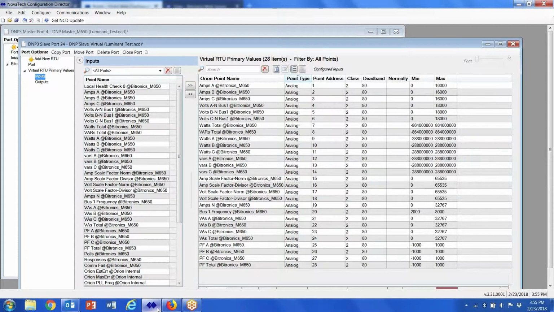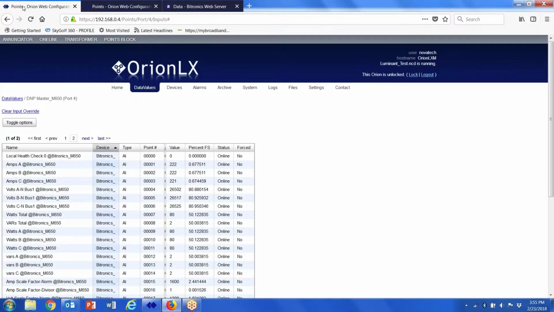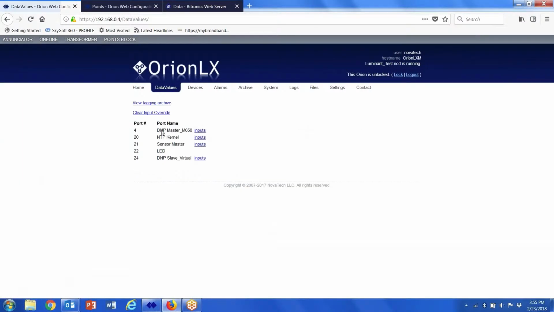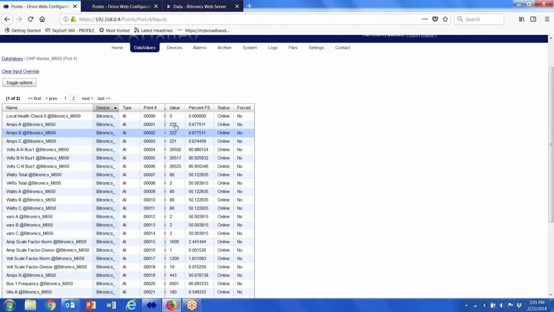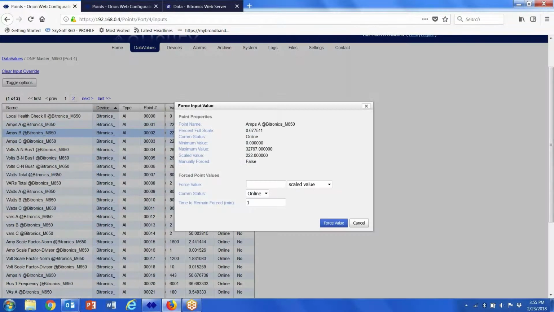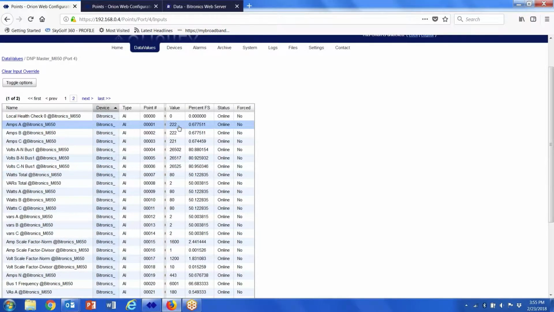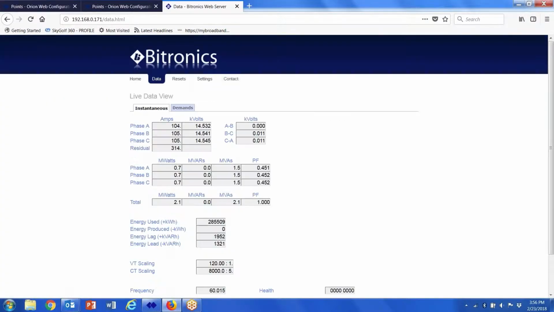You know all that. Anyway, real quick, so what I'm doing here is I've opened up HTTPS, the IP address. I'm looking at the data values of the inputs on the DNP master port, and basically 222 amps or 222 A to D counts divided by 32,768 times, what I say, 1,600 times 10 is roughly, depending upon where it settles out, 108 to 110 amps, which is what I'm seeing